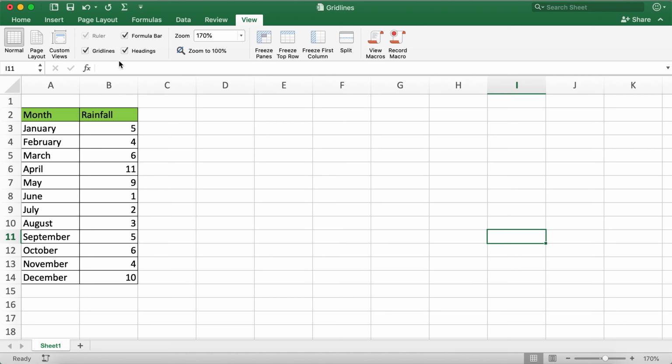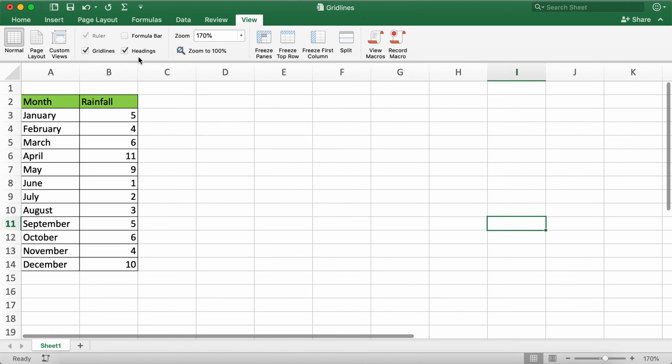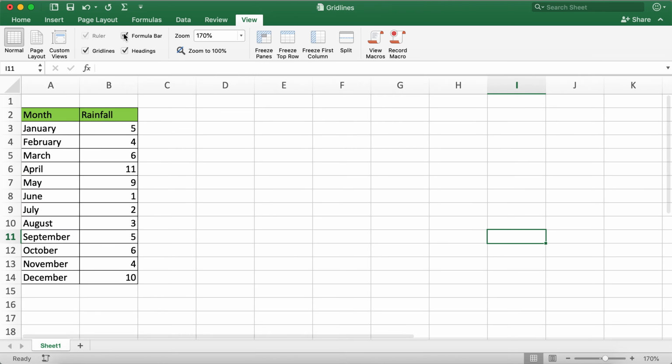If you want to remove the formula bar, you can repeat the same process as grid lines by unchecking the formula bar. You can notice that the formula bar has disappeared, and if you check it back again, the formula bar reappears. For the headings A, B, C, D, and so on for the columns and row numbers 1, 2,